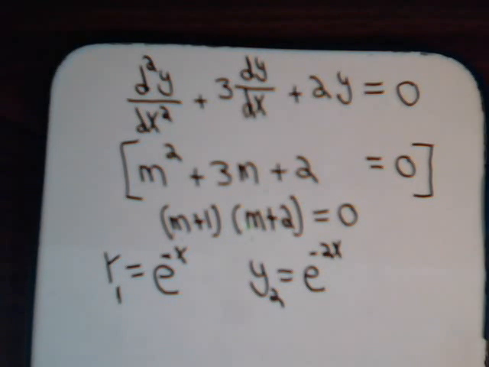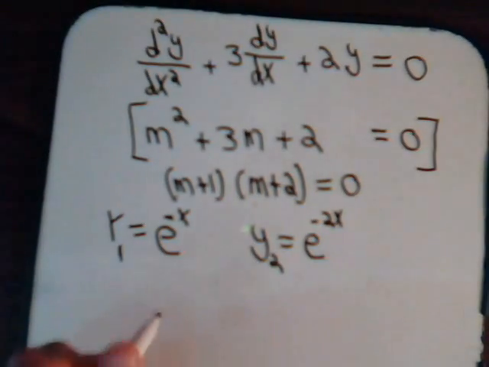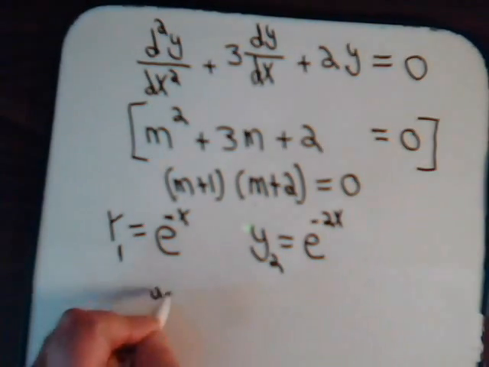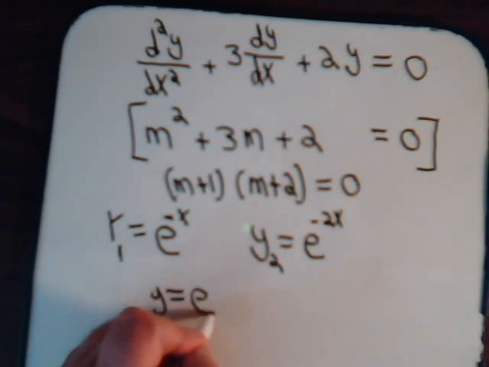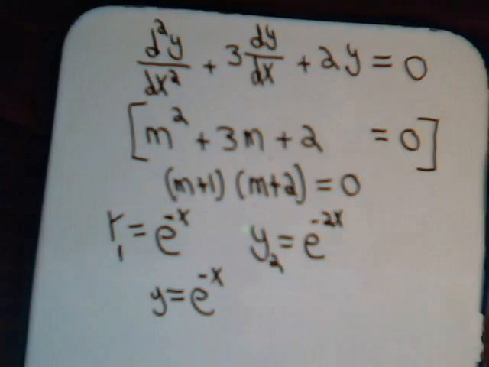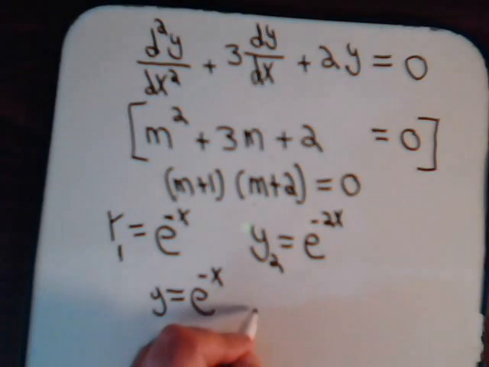But before we go on, let's make certain that we are really comfortable that, in fact, this is a solution to the equation and that this is a solution to the equation. So let's start here where y equals e to the minus x. Then dy dx